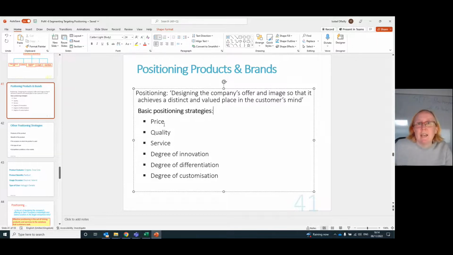The basic ones can be based on price. Are we known to be the best value, the cheapest, the most expensive, luxury? Is it based on quality, the most reliable product, and so on? The car in front is a Toyota. That was a campaign devoted to positioning Toyota cars as the reliable one, because that's the one that's not breaking down. That's the one that's passing you out or ahead of you always.